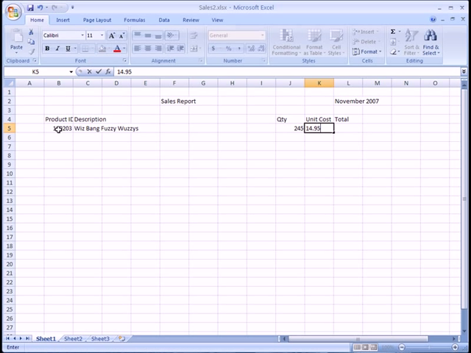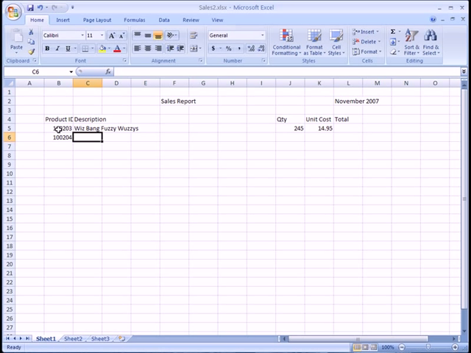Now you'll remember that the total value was calculated for me. So I'm not going to fool with entering that right now. That's what I want to use Excel for. I want to enter the number that I sold and then the cost of each one. And I want to have Excel figure out what the total is. I want to have Excel figure out $14.95 times 245. Now incidentally, you can use your arrow keys if you want to also to move around inside of the spreadsheet. Let's go ahead and enter our next one,